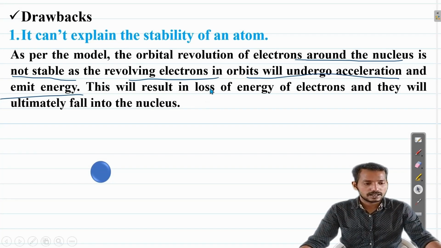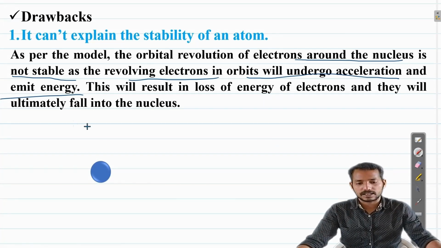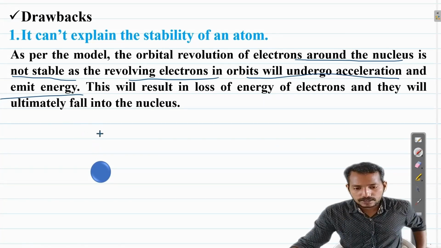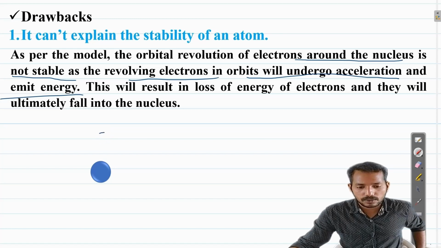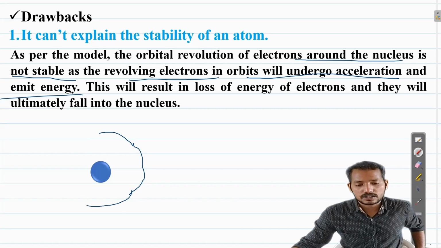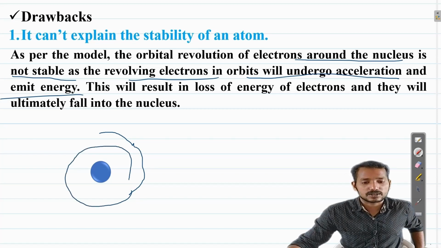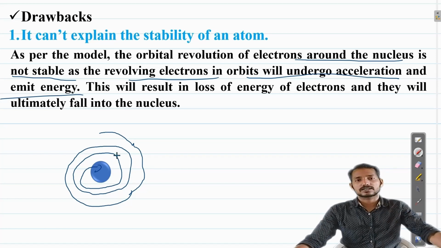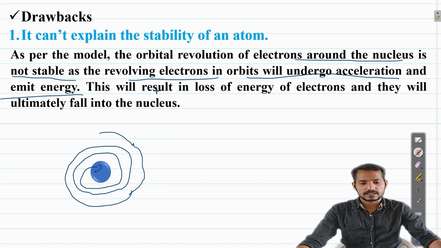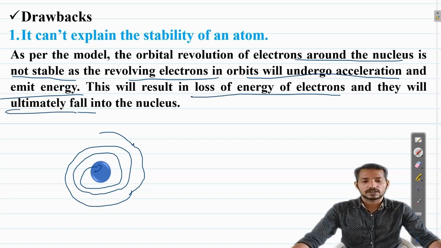You can see the blue sphere I have represented as a nucleus. As an electron is revolving in a circular path, it reduces its speed. As the speed reduces, the radius of the circular path will decrease slowly. It will move like this. And finally, what will happen? It hits the nucleus, falls on the nucleus. So undergoing acceleration results in the loss of energy, and they will ultimately fall into the nucleus, which